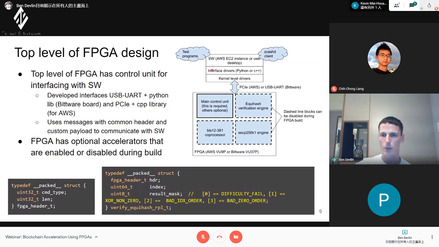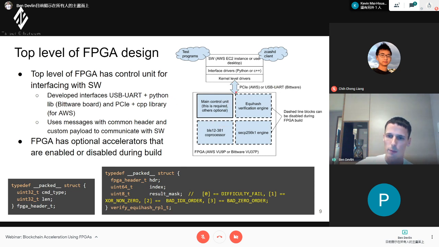We have an interface, which could be C++ or Python, that abstracts the access to the FPGA away from the software, so that if you're writing something in software, you don't need to deal with the lower-level FPGA details. We developed with two mindsets for the interface. One is PCIe, for AWS, or if you have a board at home; for debugging or experiments, we have USB UART.